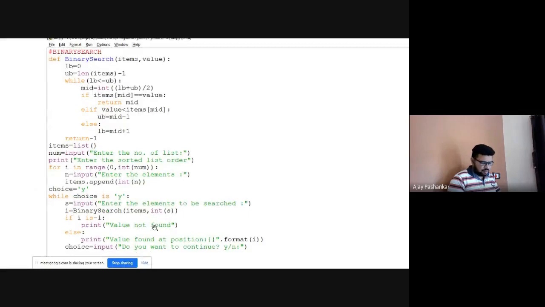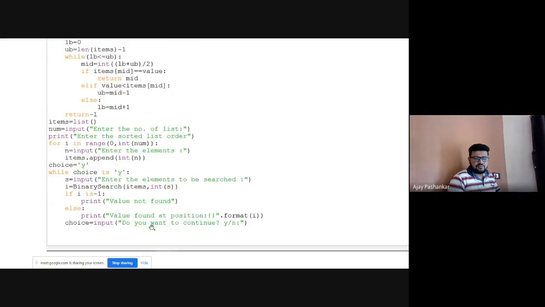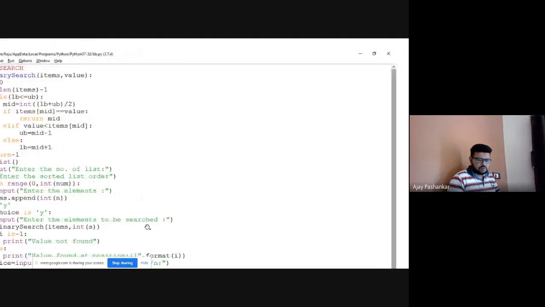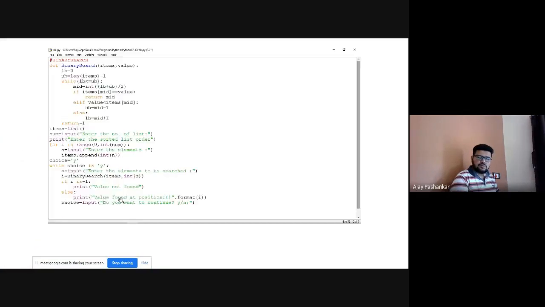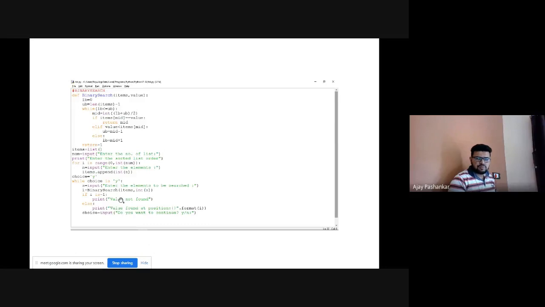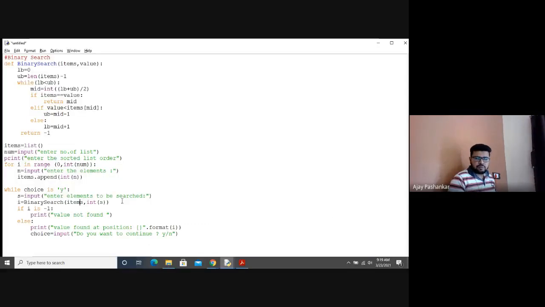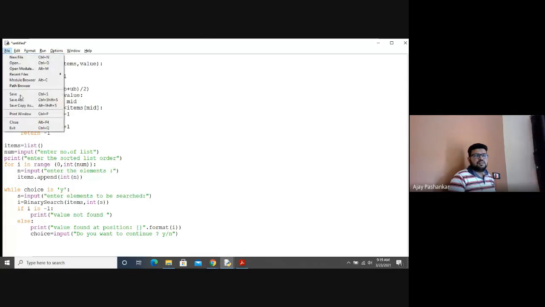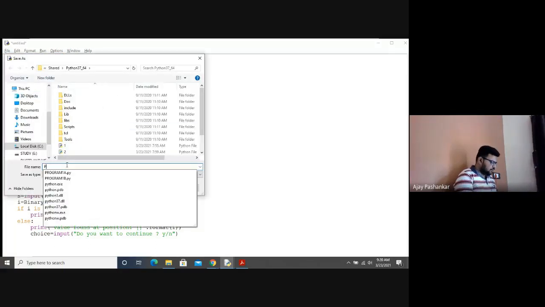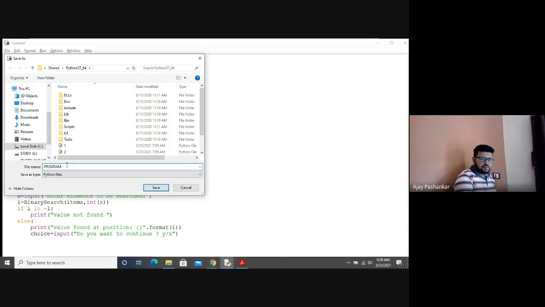Just check whether something is remaining or not. No issue, so let's get back to your program. Just saving this file as program 1c.